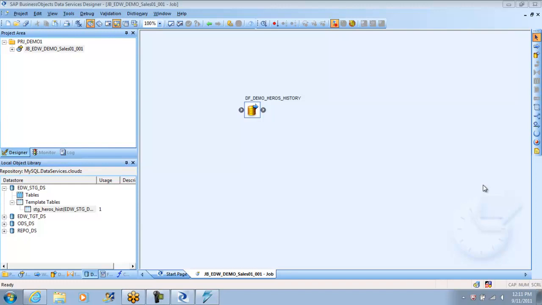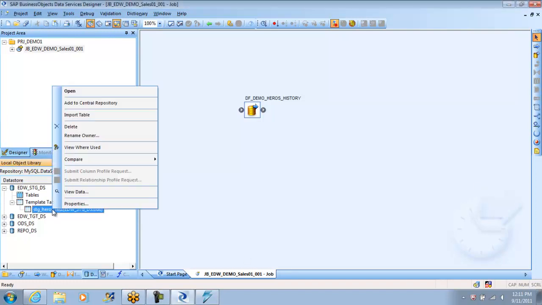Because if you want to take the pain of going and writing a DDL in the database and then importing it, which takes a little time, there can always be a malfunction or mistake when you decide on a data type. So always we prefer to go with a template table, and once we finalize this is the table I want, all you have to do is right click here and say import table.